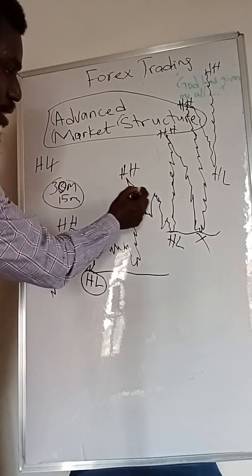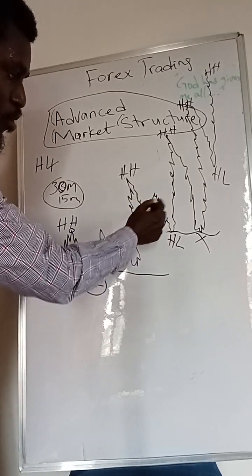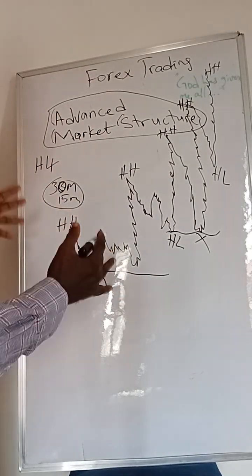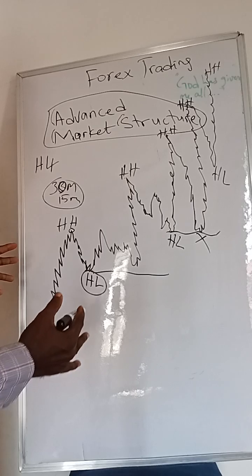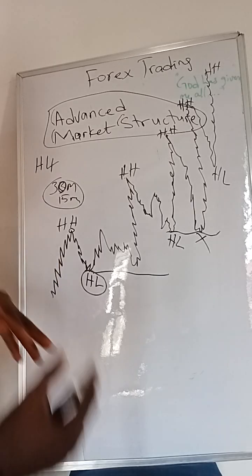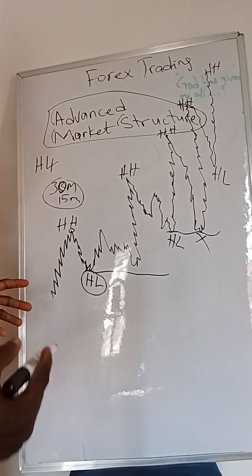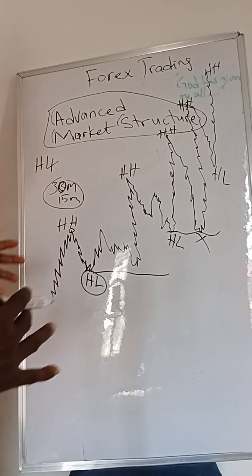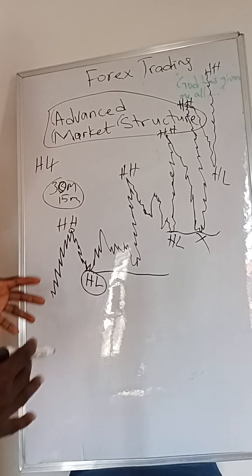But the fact that the market is trending on sell in 5 minutes or in 15 minutes doesn't mean that the entire chart of that particular market is a sell market. It's just a trend in a smaller time frame. So as a forex trader, you need to understand that the primary direction of a market must be captured on